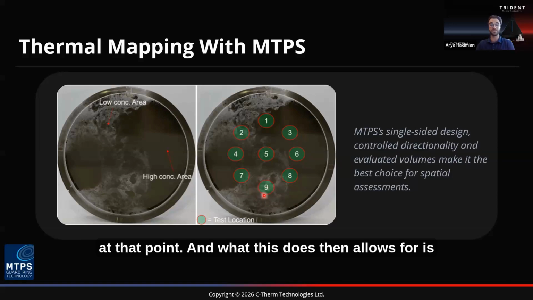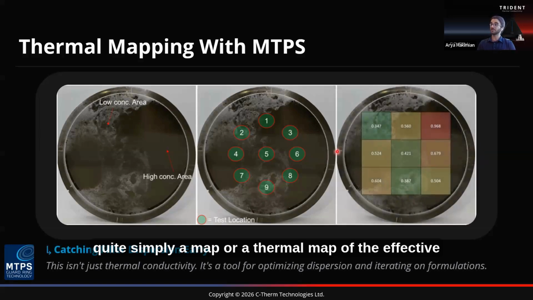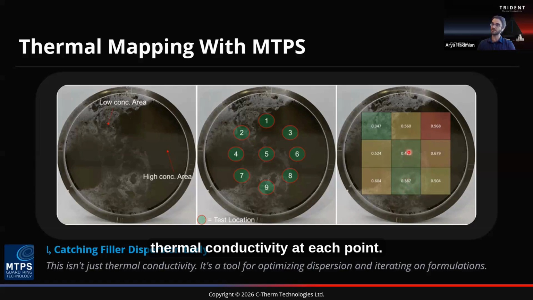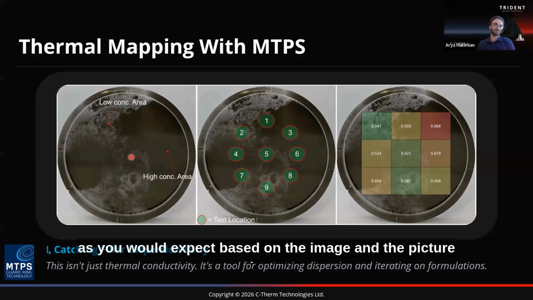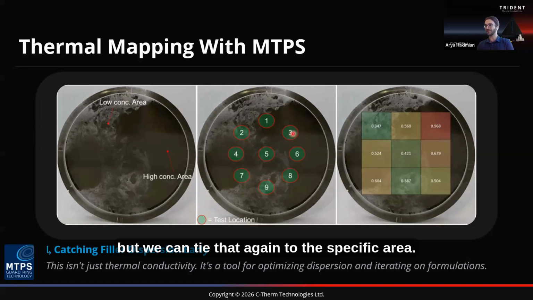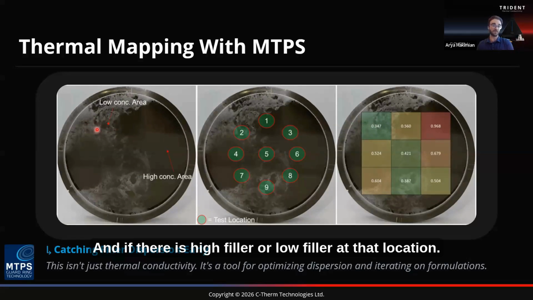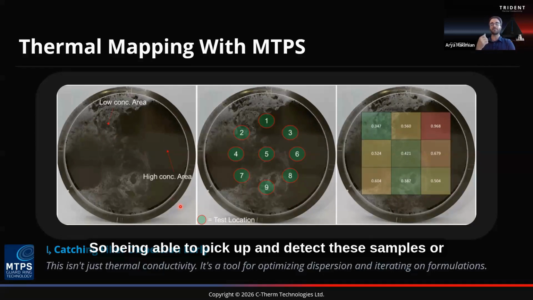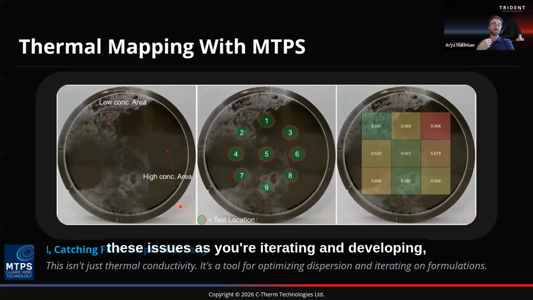And what this then allows for is quite simply a map, or a thermal map, of the effective thermal conductivity at each point. And as we can see in this example here, as you would expect based on the image and the picture here, there are quite large differences at each location. But we can tie that again to the specific area and if there is high filler or low filler at that location. So being able to pick up and detect these samples or these issues as you're iterating and developing,